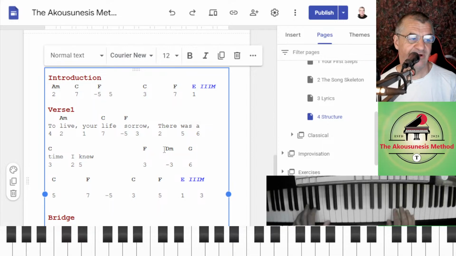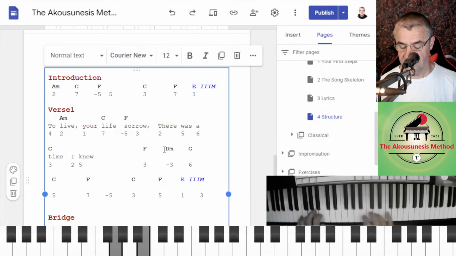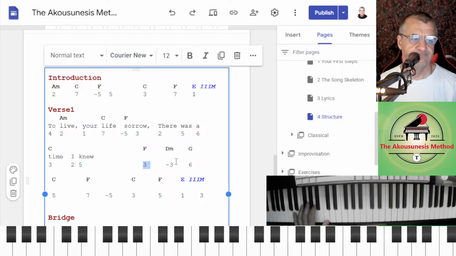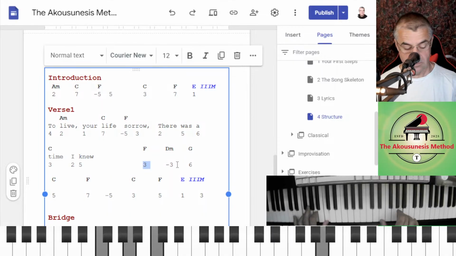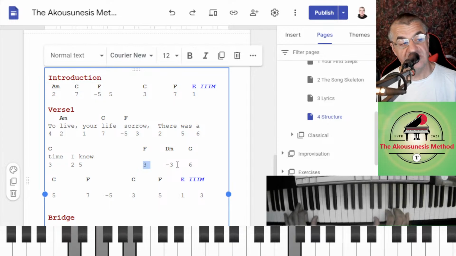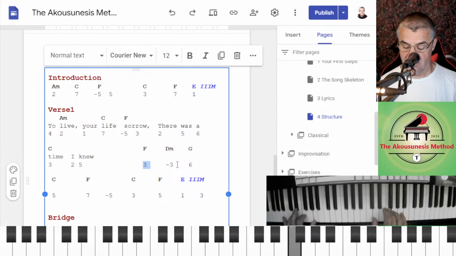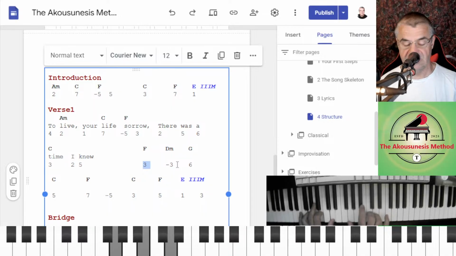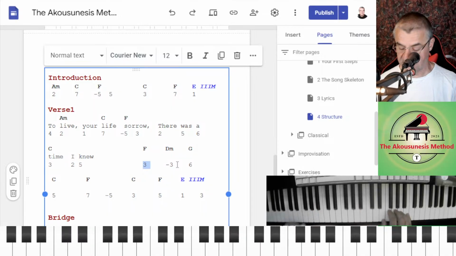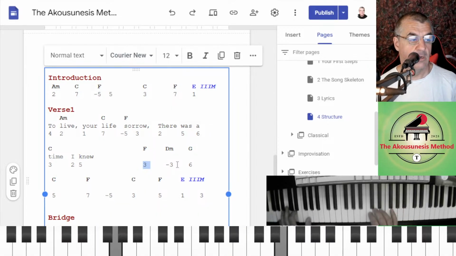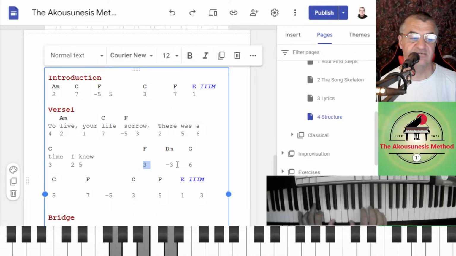Then we went to a 3, right? Oh, we're going to add more words, right? So that 3 there on the F, so we're here, right? Go to the D minor on the minor 3rd. 6 there on the G, 5. So I'll go to the 6. All right. Yeah, nicer. Yeah, 6 is nice there.